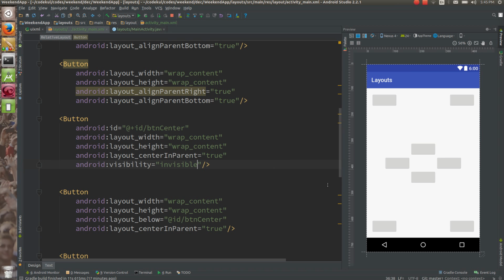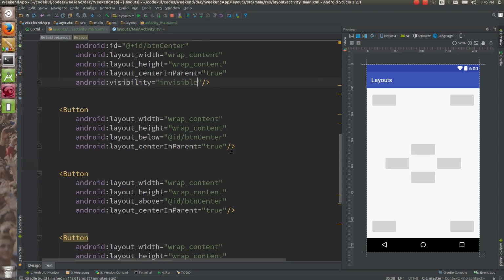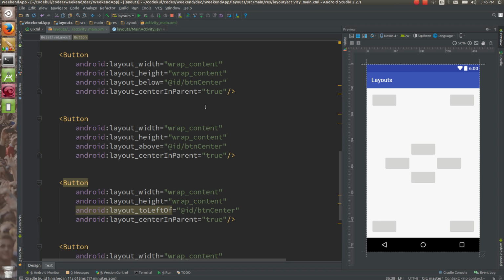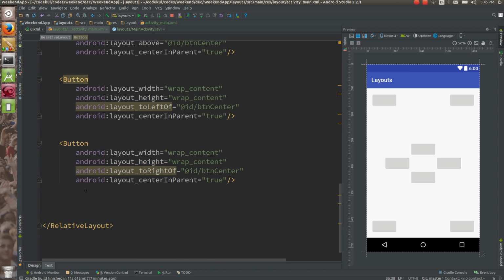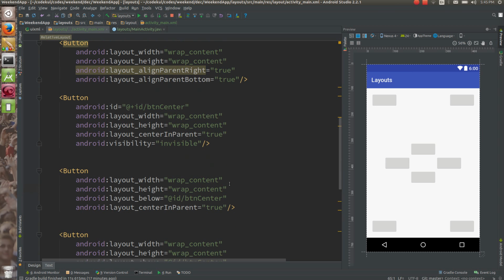Is that fine? So this is that. So with visibility and invisibility, all other things would be the same. Relative layout, remember that, relative layout. So this is how relative layout will work. Right? Now I want to create nesting of the layouts, nested layouts, which we'll see in the next tutorial: how we are going to provide nesting of the layouts. We'll see. Fine.